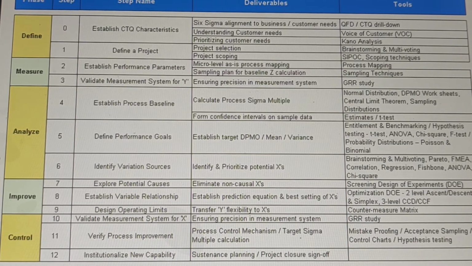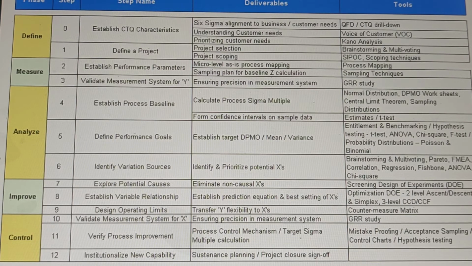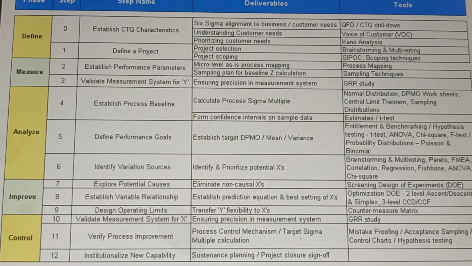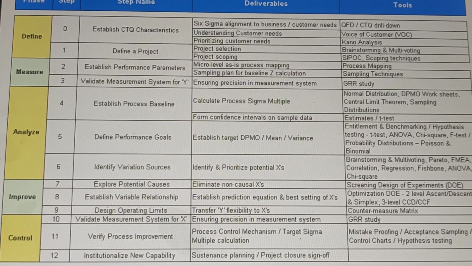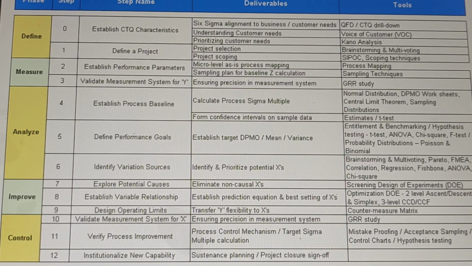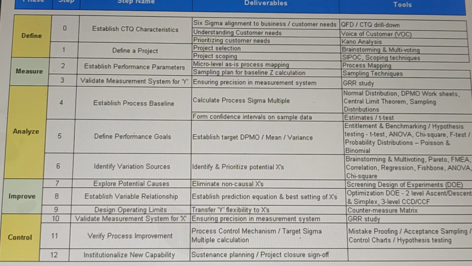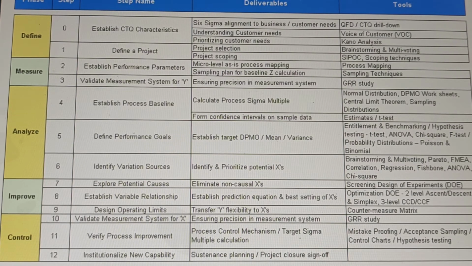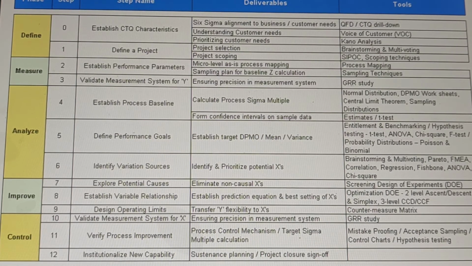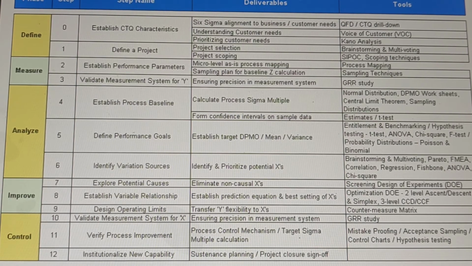Then validate the measurement of Y. Ensure precision in measurement. In a measurement system, our measuring tools should be calibrated and accurate. We will study GRR in subsequent lectures. The main point is our measurement system should be reliable. Nobody should doubt our measurement system, temperature, pressure, whatever measurement systems. It should give us correct readings. Every team, every stakeholder should have confidence in all kinds of measurement systems.